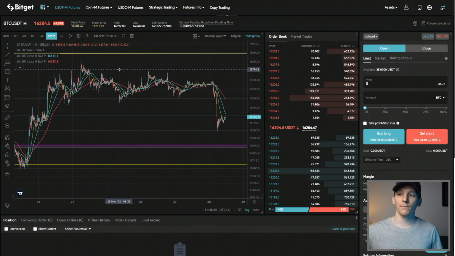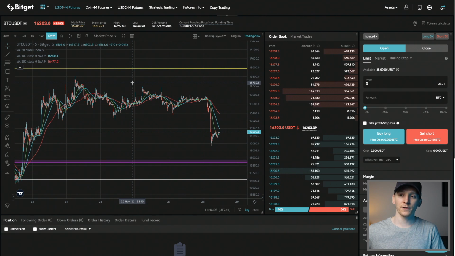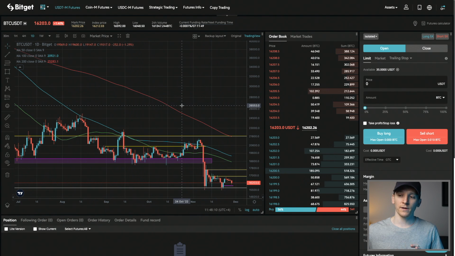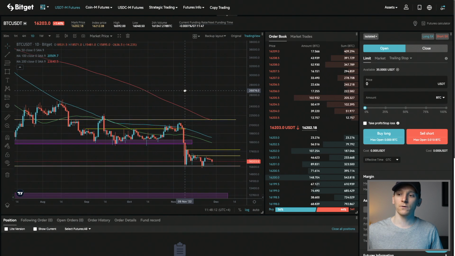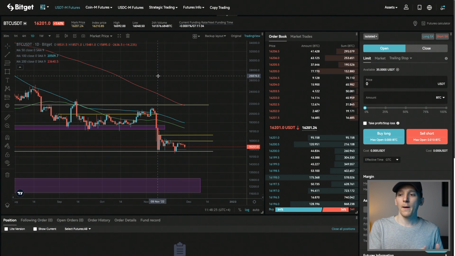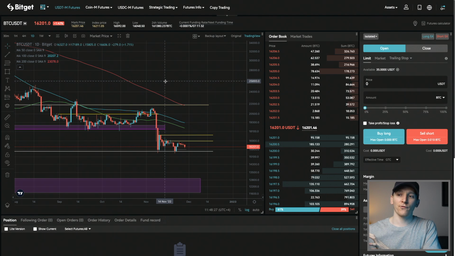What we want to do is set up some different setups on the chart. The first thing is we just want to go over to the day chart right here and make sure that everything is right, because what this strategy is actually going to do is take advantage of longer time frame targets and also shorter time frame targets. Remember, we're day trading here, so we have to look more at the shorter time frame, but having the longer time frame price targets is going to really help us